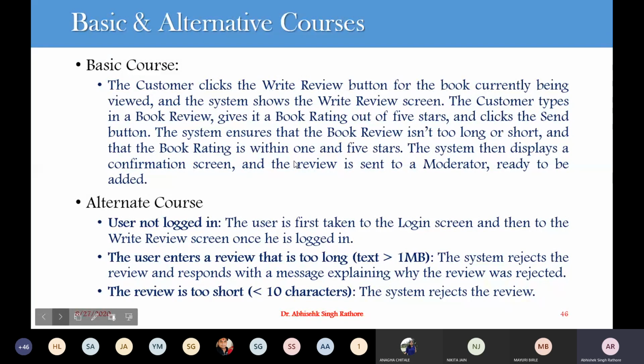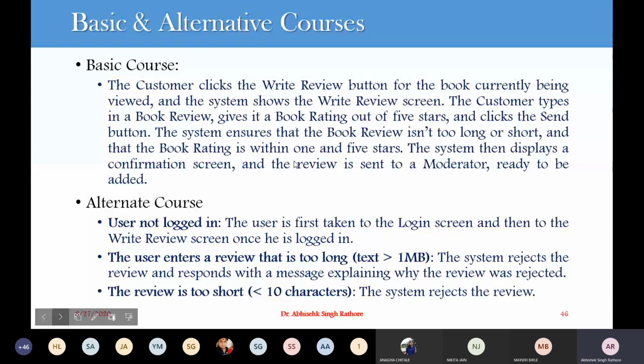So the system rejects the review and responds with a message explaining why the review has been rejected. Or another case is when the review is too short, it may be less than 10 characters. So the system rejects your review. So from this basic flow and the alternative flow, you can find out your different functionalities over here.